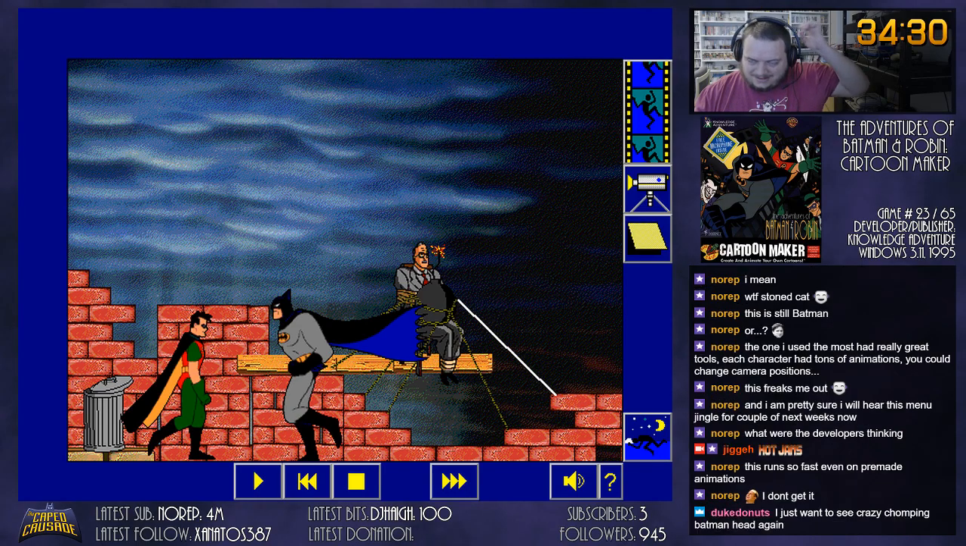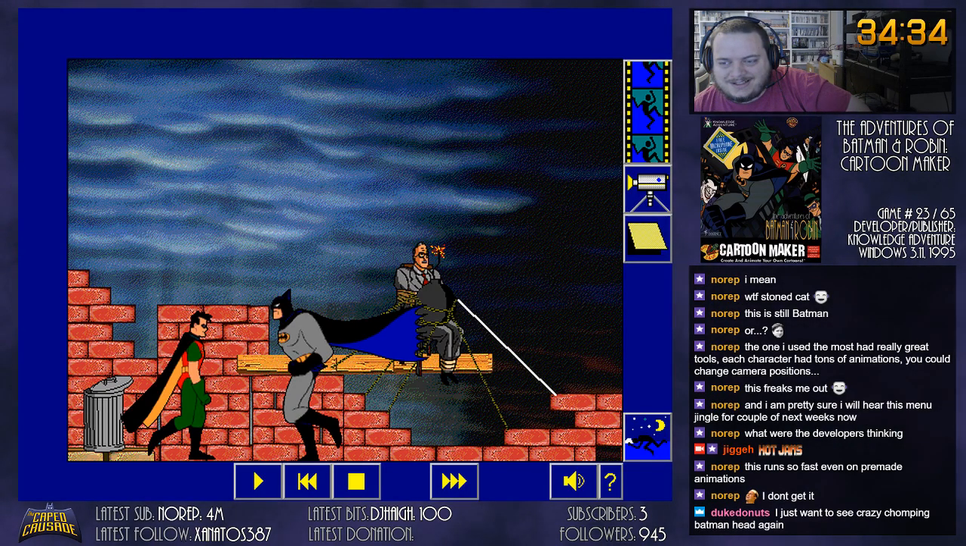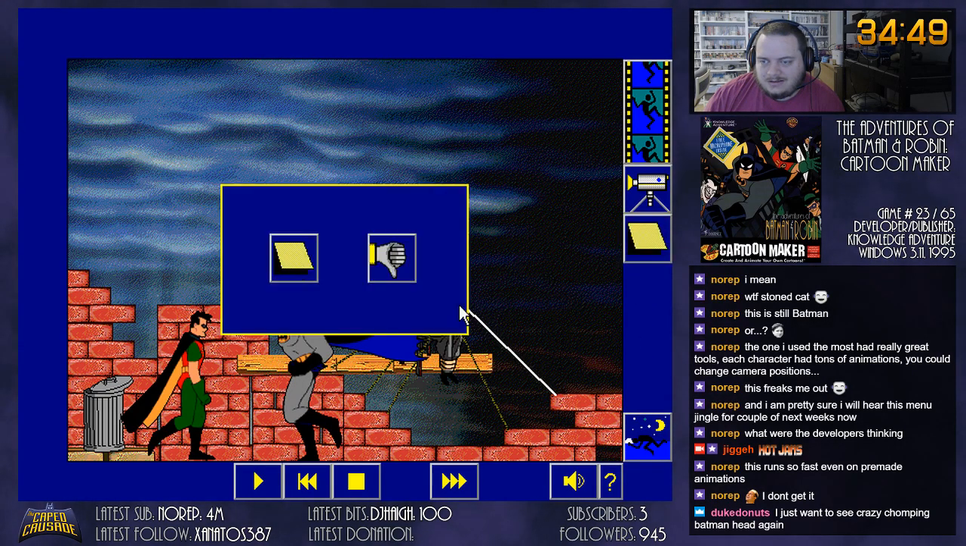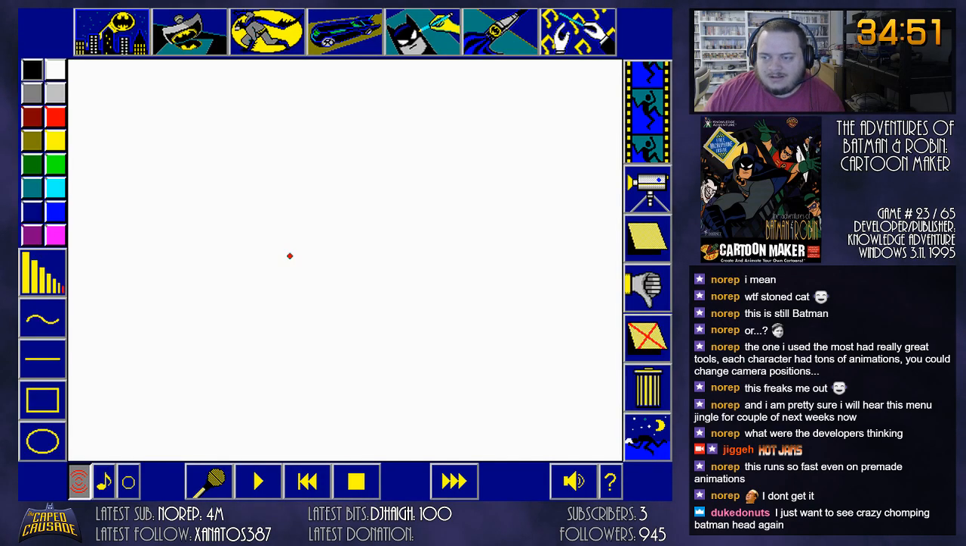Chomping Batman, yeah. I could swear you can add stuff to this. Maybe if you add a scene. Click this new scene button again if you are sure. Doop doop doop. Okay, so I think we're making the continuation now. So let's find a good